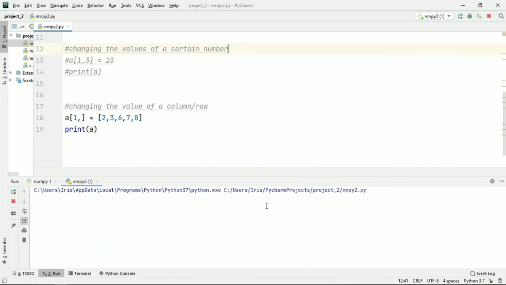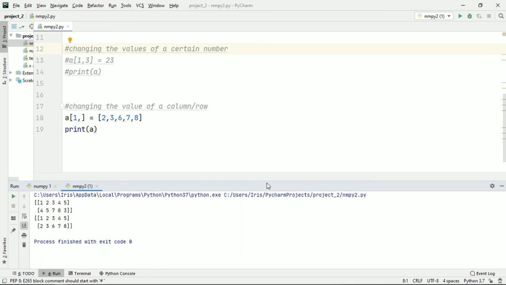and let's check it out. So you see the difference here. The previous array had 4 comma 5 comma 7 comma 8 comma 3, and now the new array has a new set of numbers that we have implemented. So we have changed it, and that is the way it has come out. So now in case you think how to change a column, you've guessed it right. If you just change the indexing of this, in our first argument we'll leave it blank, and we'll say we want to change our second index column. So we'll just give new values, say 2 comma 3, and let's print this and